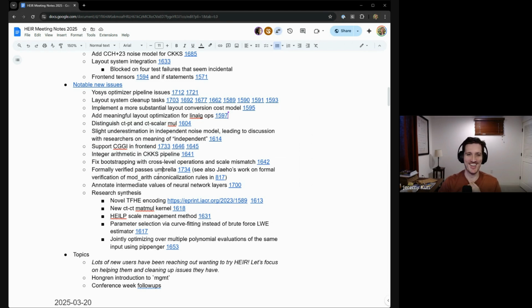Okay, sorry. So he was doing this formal verification. Jeho's been using this Lean MLIR project to formally model the ModArith dialect and the canonicalization rules. That was one of our investigate-if-this-makes-any-sense items, and he did it.